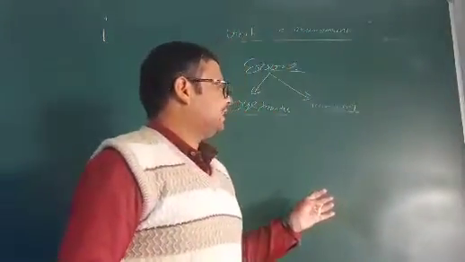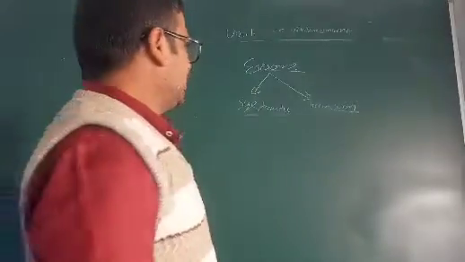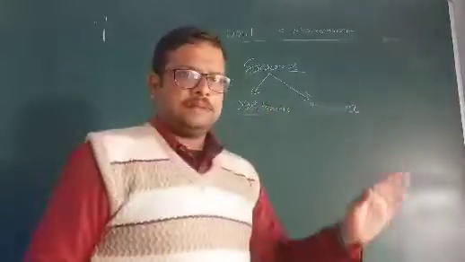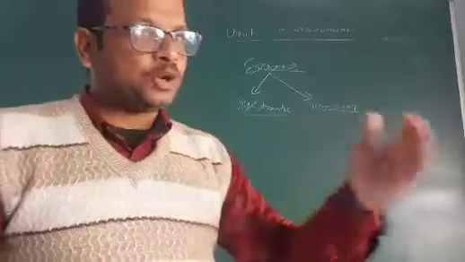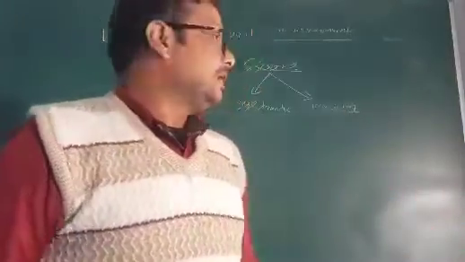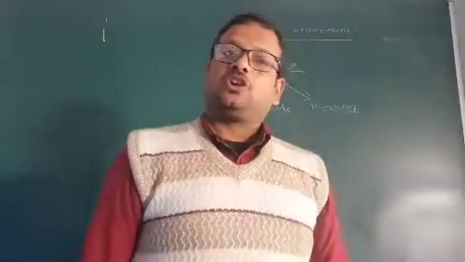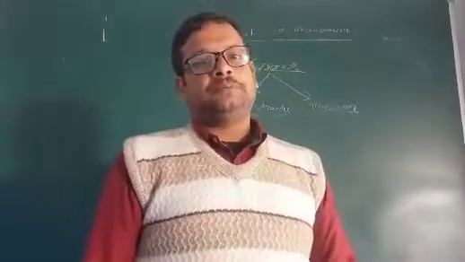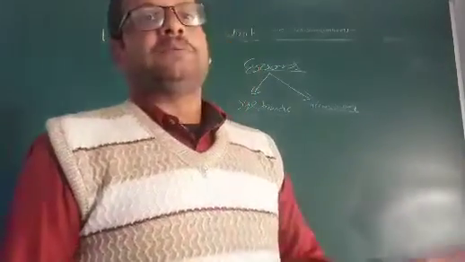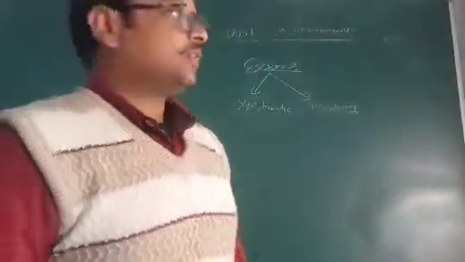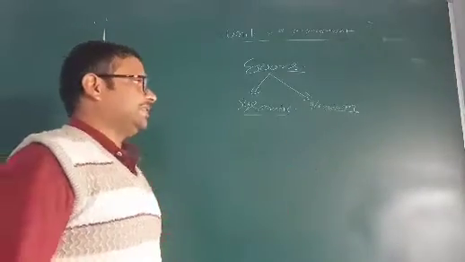Random error, or you may say that a systematic error has a fixed direction, it may be fixed positive or fixed negative, but for a random error, it cannot be said what it will be. It may be a positive error, it may be a negative error also. So these are the two different types of error.